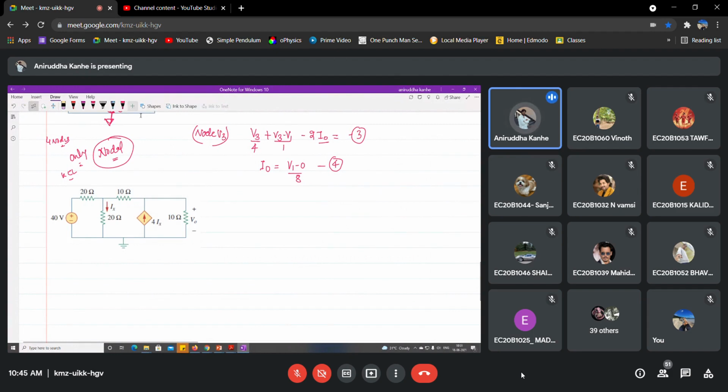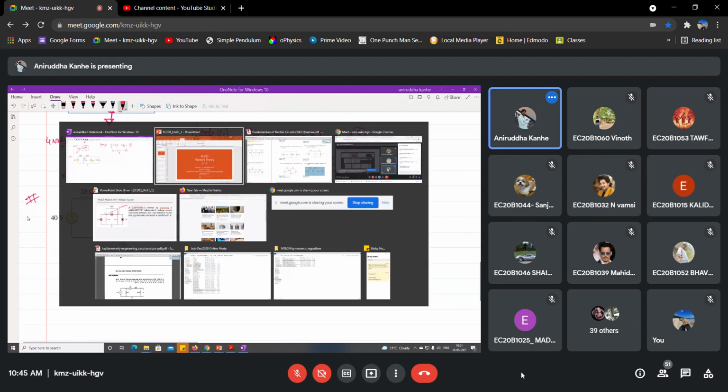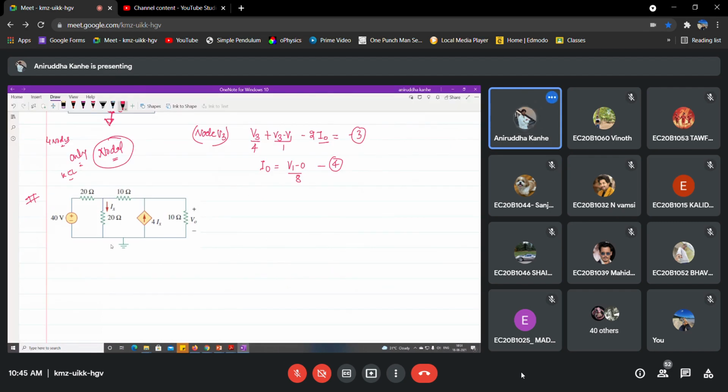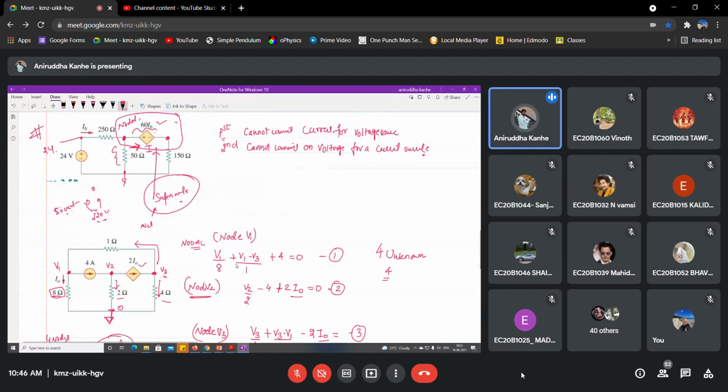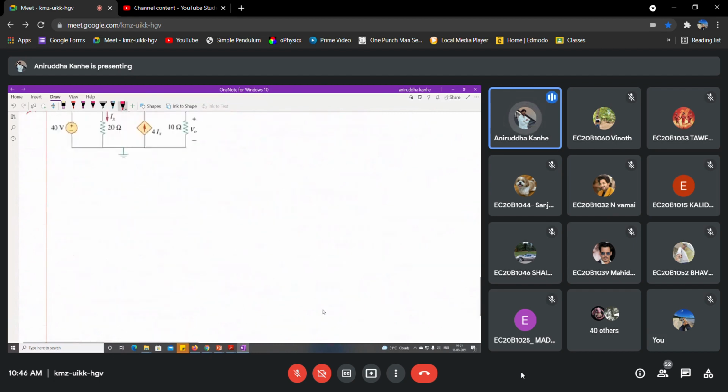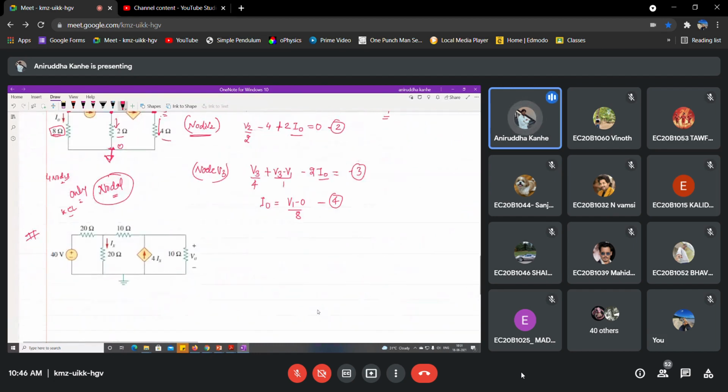It may seem to you very simple. Just start from the unknown quantity and you can write the equations. That may be because you are not writing, only I am writing it. When you sit and write it with your pen and paper, you will find the difficulty and then you can appreciate the importance of KVL and KCL as well as nodal. So don't just leave it here. Solve all the questions again, whatever I have discussed, apart from that, whatever is there at the end of this chapter.